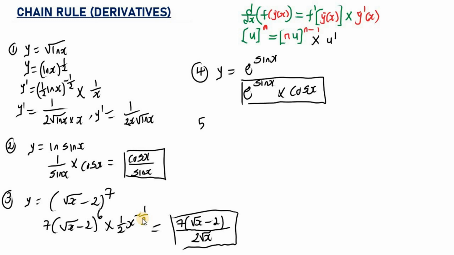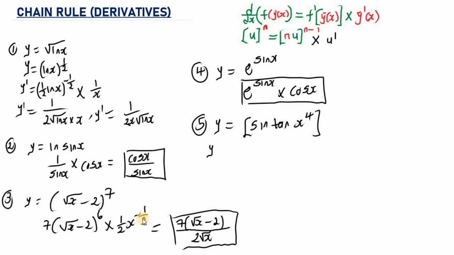So let's take a look at another one. So this is example 5. So let's say we have y is equal to sine multiplied by tangent, then multiplied by s raised to the power of 4. Now how can we take the derivative of this function using chain rule? Like I said, chain rule is the outside to inside rule. So we're going to start from the outside function, then we're going to move to the inside function.